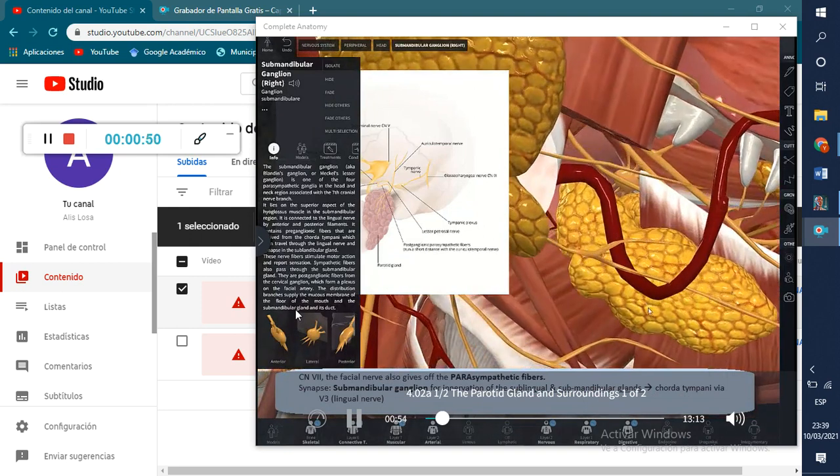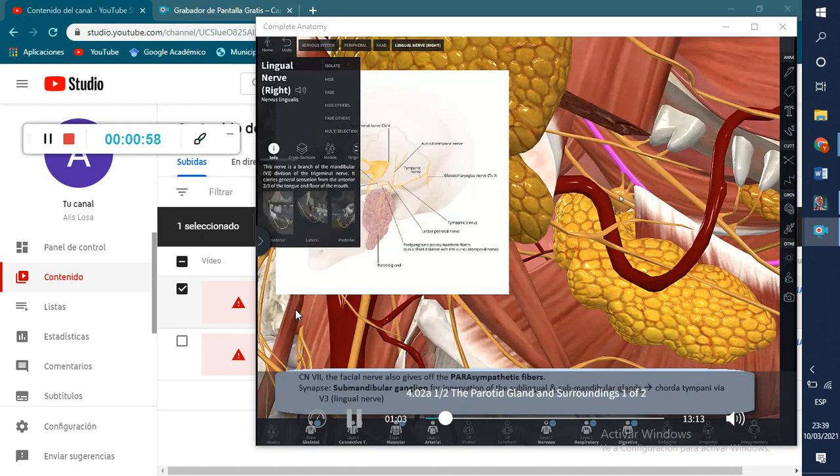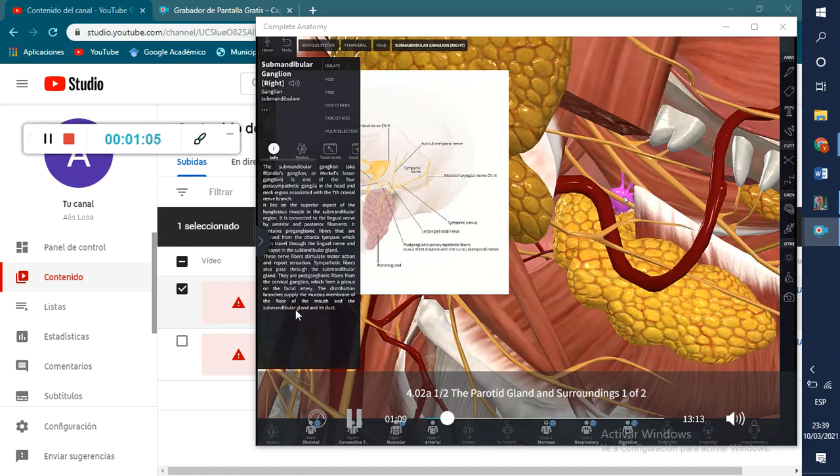The submandibular ganglion is hanging off of a branch of the trigeminal nerve called the lingual nerve. And so along the lingual nerve, which is actually from trigeminal, as I said, you have the parasympathetic fibers. They're presynaptic. They then reach the submandibular ganglion, synapse here, and then they travel to the submandibular and the sublingual